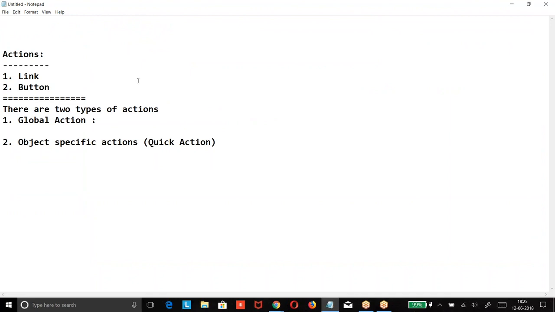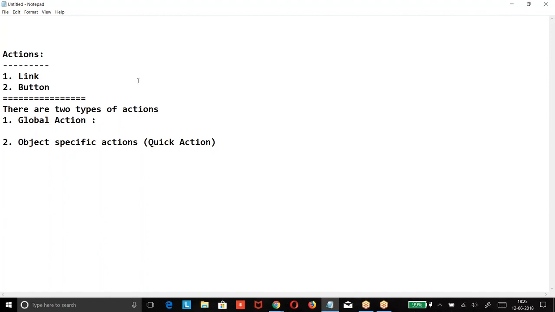They are going to insert a record which is not associated with any other record. It doesn't have any relation with other records. It is going to be an independent action. It is going to be used for creating a record, or for sending an email, but it has nothing to do with other records. It is an independent action, so this action can be added anywhere in the application wherever we need.